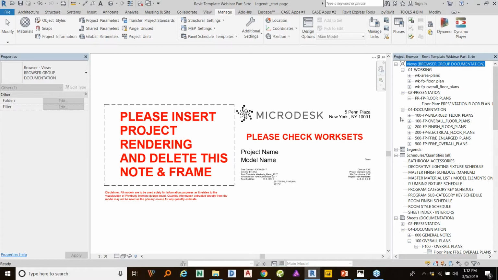You use working views to do your initial designs, and you're constantly tweaking things out. So working views are personalized to each user. Presentation views obviously have a graphic character, and then documentation views are the ones that you place on your sheets. But this can be filtered out in multiple different ways. So I just wanted to show you the views that you're not seeing here that are actually available are done